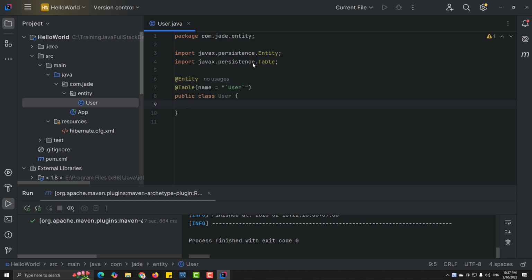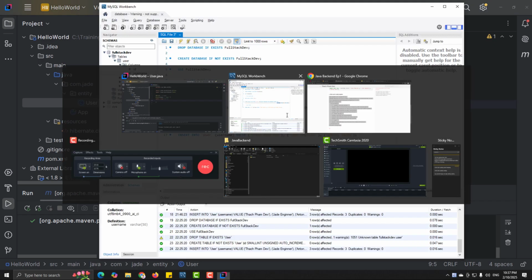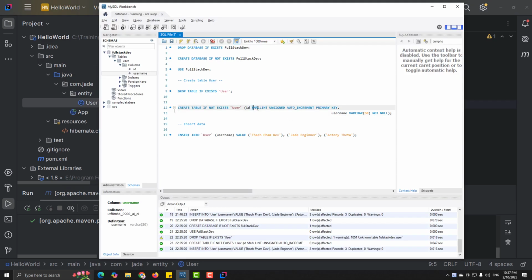And in the user entity, we have some attributes. For the user, just go back to the database. We can see we have the ID, we have the username, right? And just notice that the ID is more special. Because we have learned about the database basic tutorial, right? So for this, we will choose an appropriate data type for it, and it's also auto increment and primary key, so we need to put something more for this